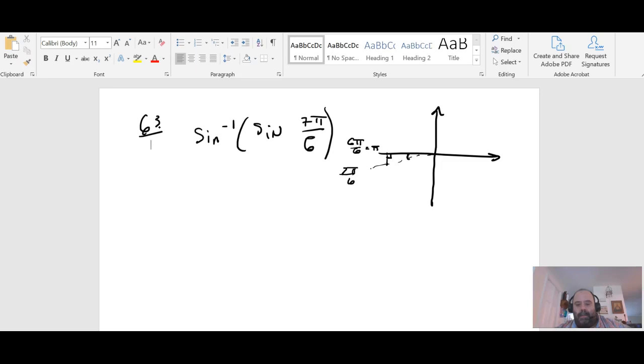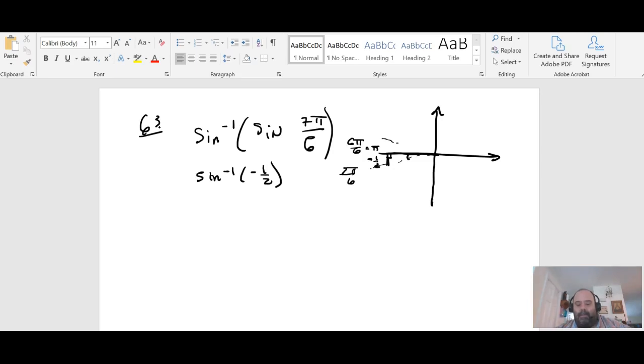Cosine is the x value, sine is the y value. So that's going to make that negative 1/2 for the y value, right? So I'm going to get sine inverse of negative 1/2, right? If you think about that, the reference angle for that